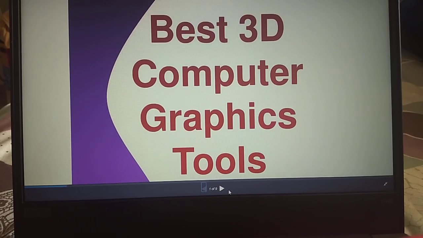We can also say that in computer graphics software the distinction between 2D and 3D is very thin, because we know that any 3D object or model is always displayed on a 2D screen, right? So the main 2D applications and techniques are always used for 3D.